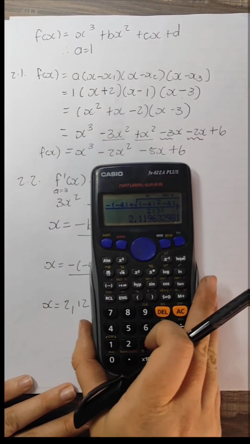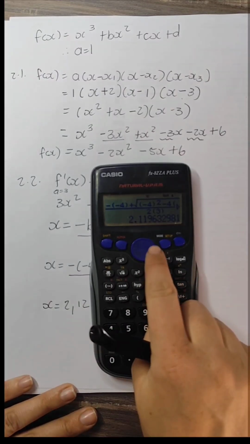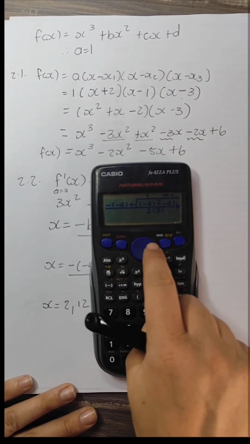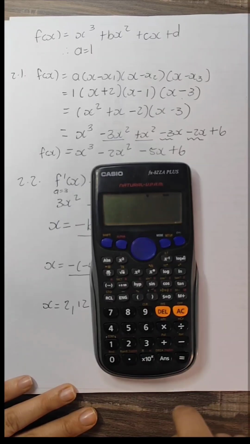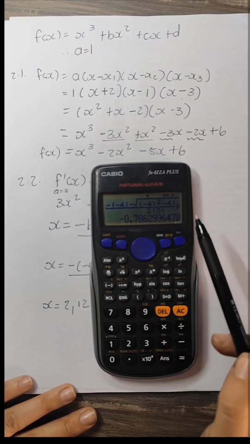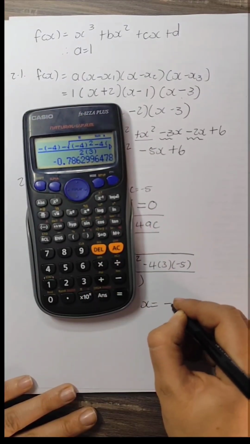Please do the same. All right, now to get back here so that we can change this positive to a negative, I'm going to go right click until I reach the positive, and then I'm going to change it to a negative, and I'm going to say equals. Once again, there we now have our decimal. So I can say, or x is equal to negative